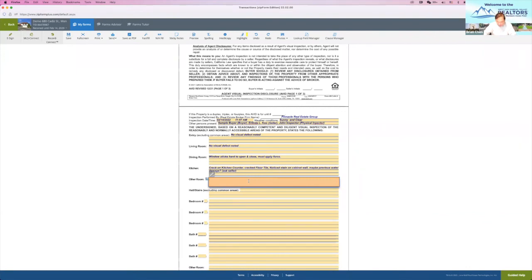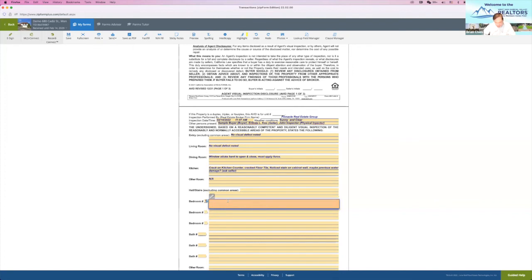Whatever not apply, put in NA. Okay. Always use northeast, southwest to identify things. I don't want to go through the whole thing. I want to, because it's almost 12. I'm trying to get you guys to lunch earlier. So I just do one bedroom. Bedroom number 1, that's pretend no visual defect. Okay. And bedroom number 2,